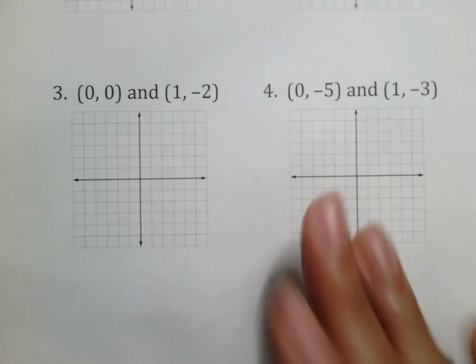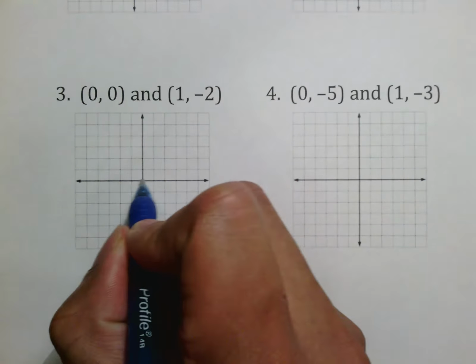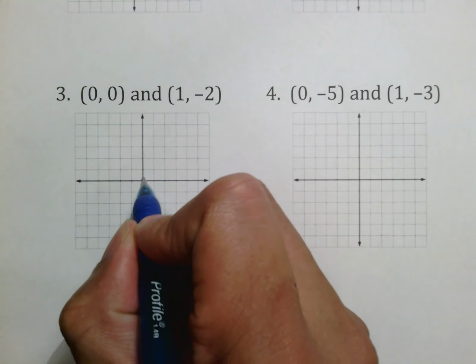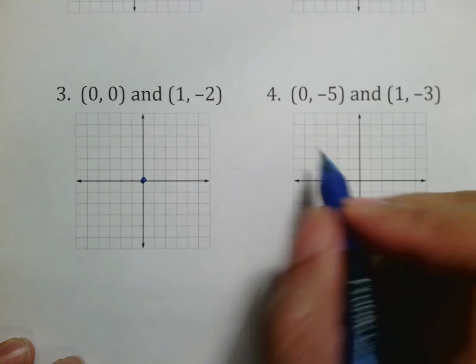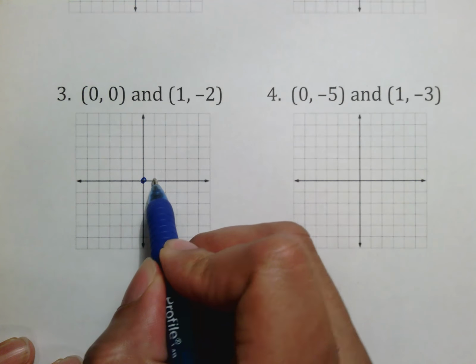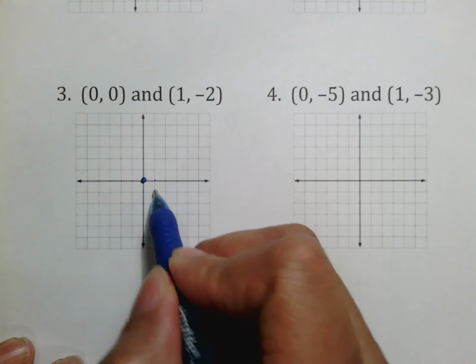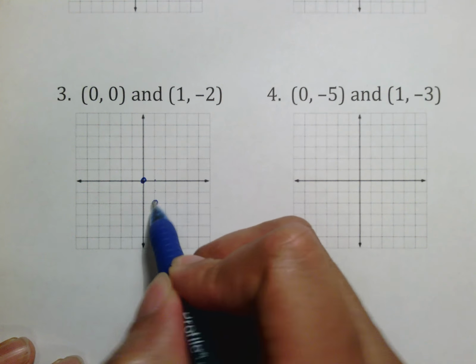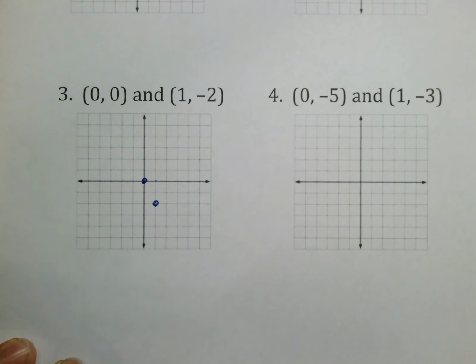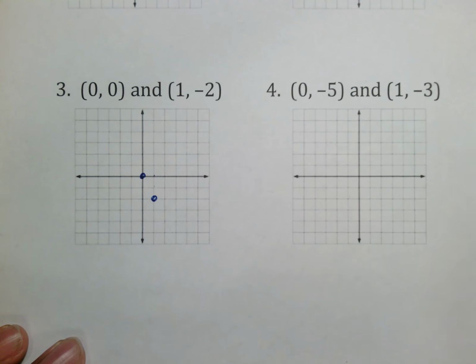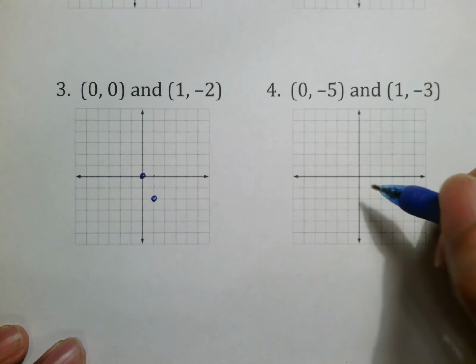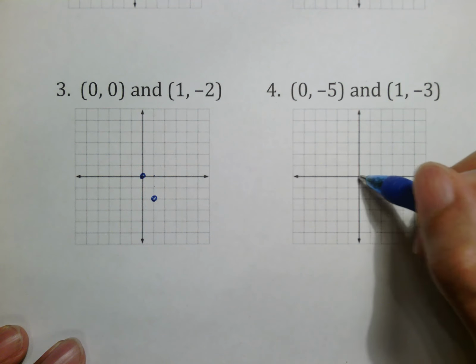The third one has (0, 0). Well, we remember (0, 0) means don't move left or right. Do not move up and down. That is the coordinates for (0, 0). (1, -2) means go over 1, and -2, remember, for y means go down 2. And that is (1, -2). Again, if you're looking, you can see where the line for that is going to go, and that gives you all you need. And the last one, (0, -5) means don't go left and right, but do go 1, 2,